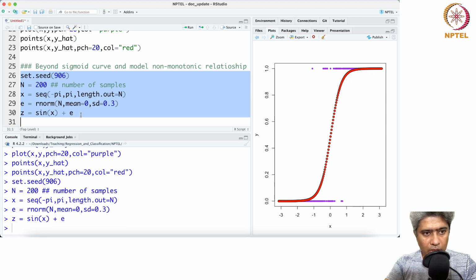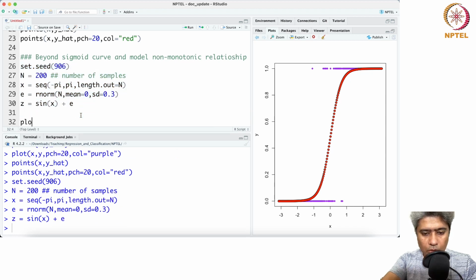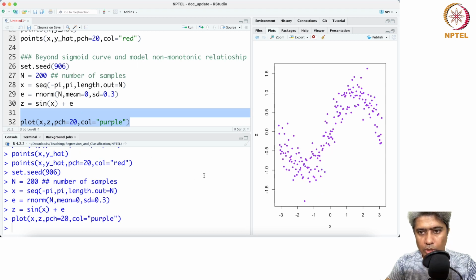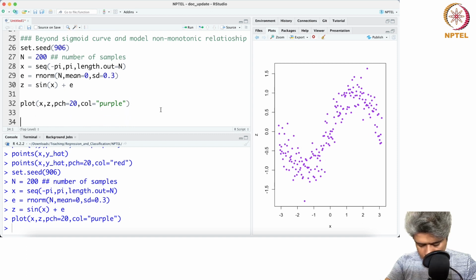So this is my y and x, z. Plot x comma z, with pch equal to 20, color equal to purple. Okay, so this is the relationship between x and z, but we are not seeing the z. This is the true relationship, completely non-monotonic behavior, but we don't see that. Okay, so if this is the situation,